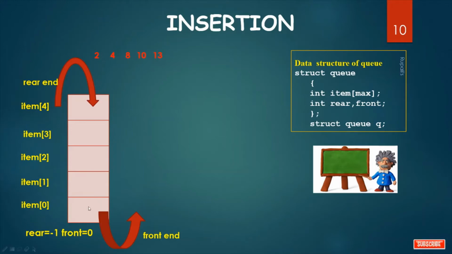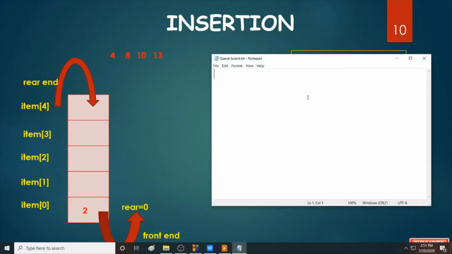So first we have to increase rear, rear is 0, then insert the element. So first increase rear, then insert the element. So I write item 0 equals